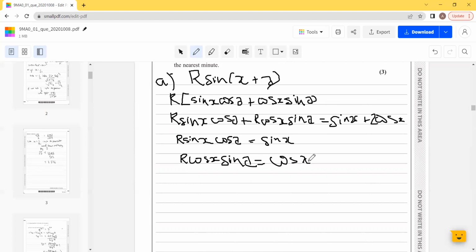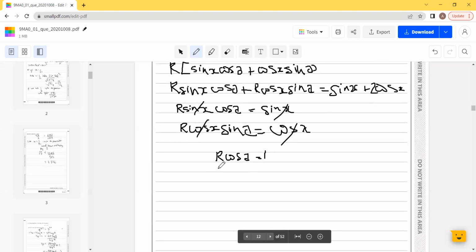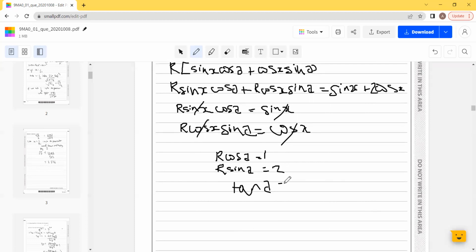So if I say these two statements, then what I can do straight away is cancel out the sine x over here and the cosine x over here, to reach the conclusion that r cosine of alpha is equal to 1 and r sine of alpha is equal to 2. So if I do r sine alpha over r cos alpha, I just get tan alpha. So tan alpha is equal to 2. So alpha is equal to